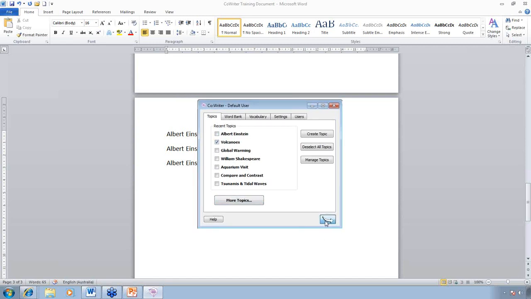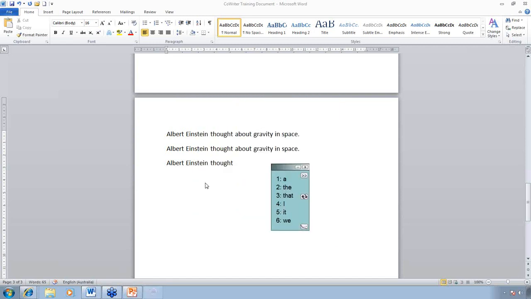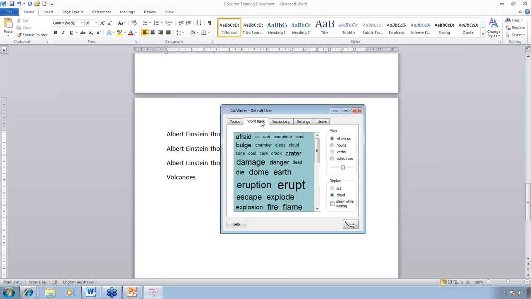I'll now go back to my screen, and I might start with the word volcano, and there straight away, by putting the capital V in, I've got that topic dictionary using the vocab, and there's the word volcanoes available. Volcanoes. Okay, let's go back into the preference button, and if I went to my word bank